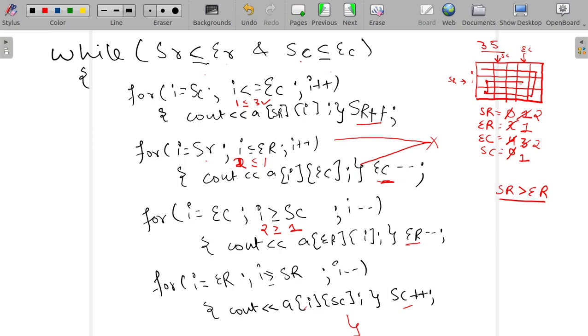Let's see what is our end column now. The value of end column has been updated, it is 2, right? It is not pointing here, so let me update it in the diagram. Yeah, so end column is not pointing here.